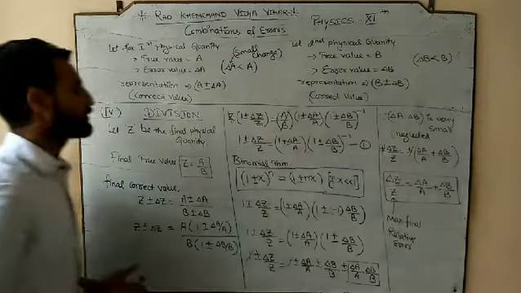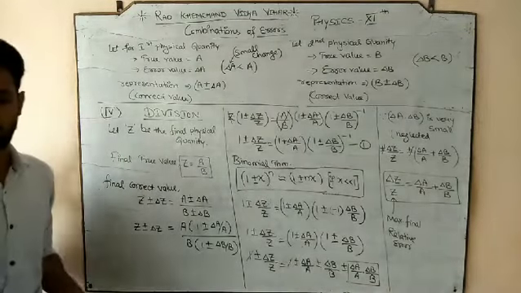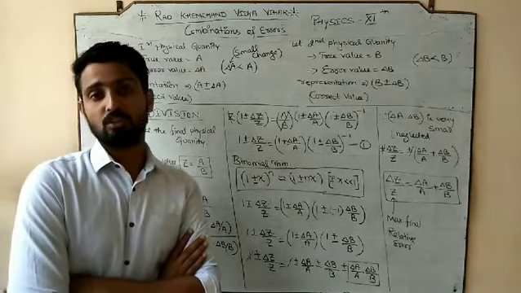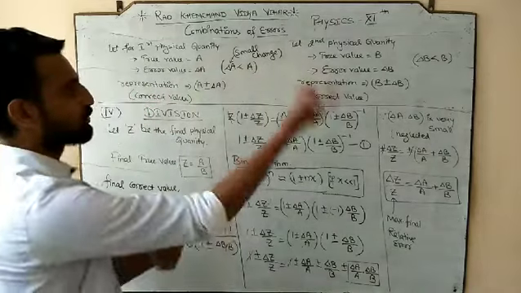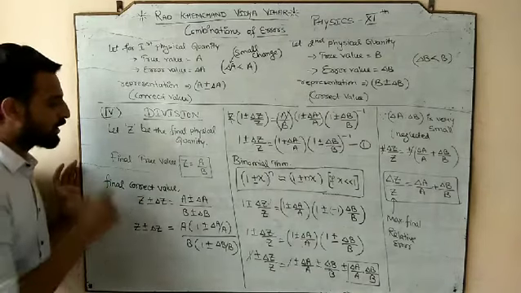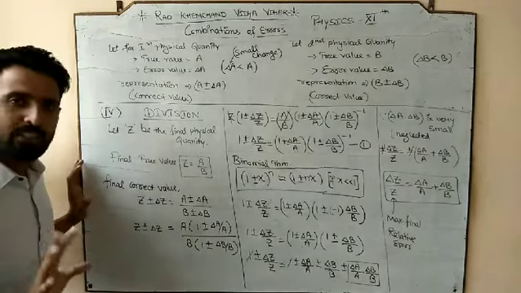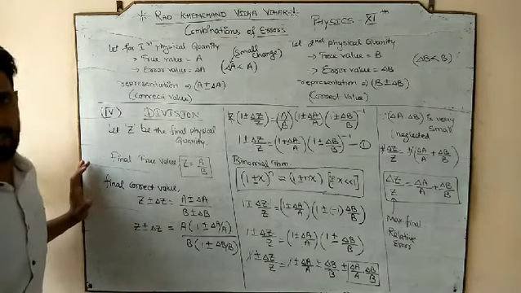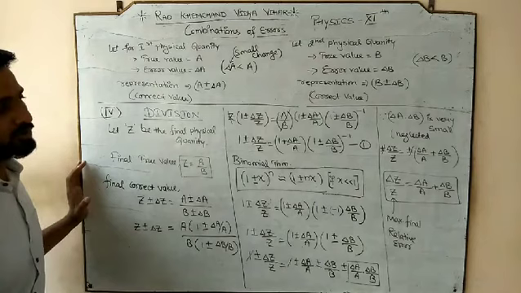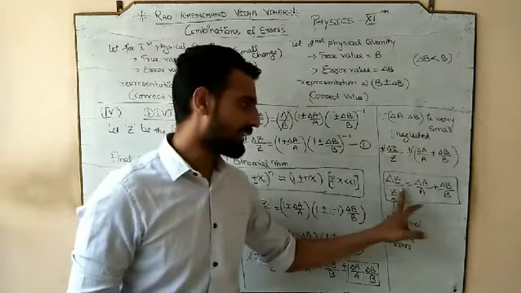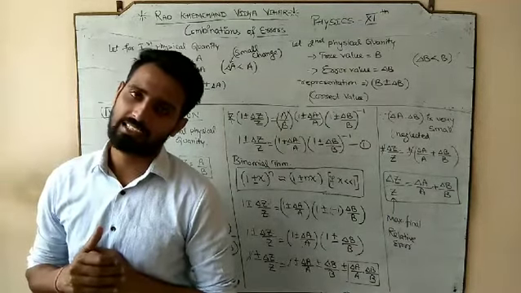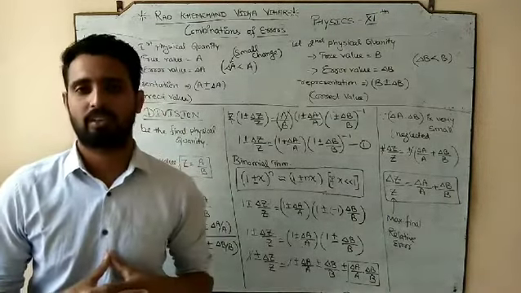But when we perform which operation? Division operation. So what is the conclusion for the division operation, when we divide two physical quantities having their own true values and errors? The true values again go through the same operation. But what about the final error? Here the conclusion is again that the final relative error is equal to the relative error of the first quantity plus the relative error of the second quantity.